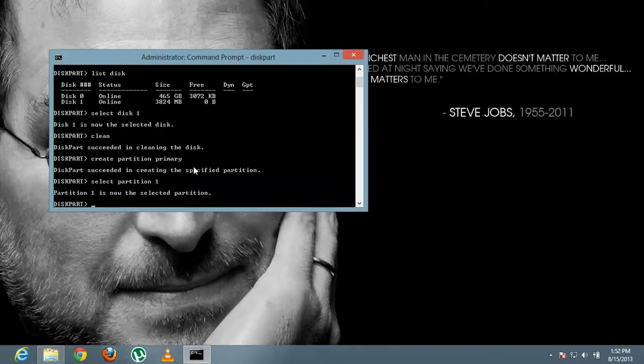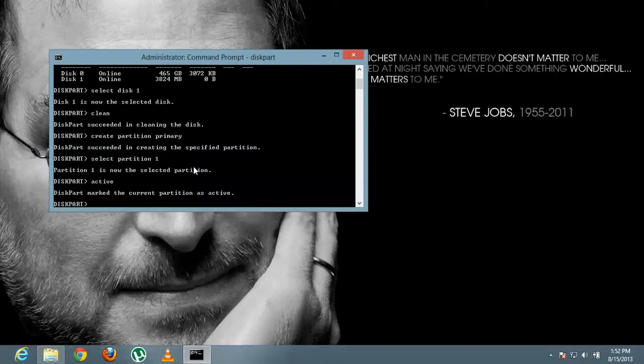Now we have to make this partition active by using the command active. So the current partition is active. Next we have to format the pen drive in the NTFS file system. To format, write format, and also write quick here.